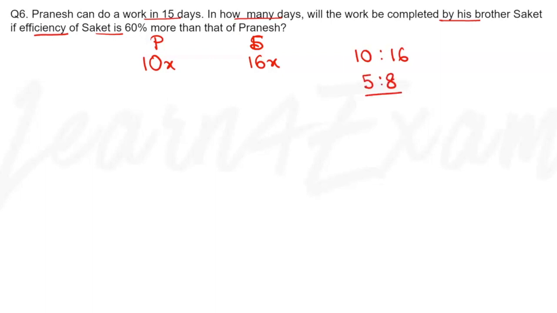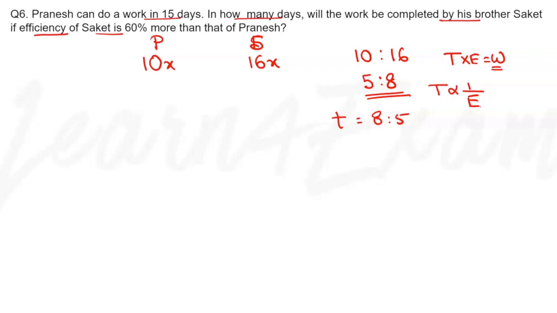Now, if the ratio of efficiency is 5 is to 8, the ratio of time taken would be of the opposite ratio, right? Of the other ratio, that is 8 is to 5. And why is that so? It's because time taken multiplied by the efficiency is the total work done. So since work is complete, time is inversely proportional to efficiency,